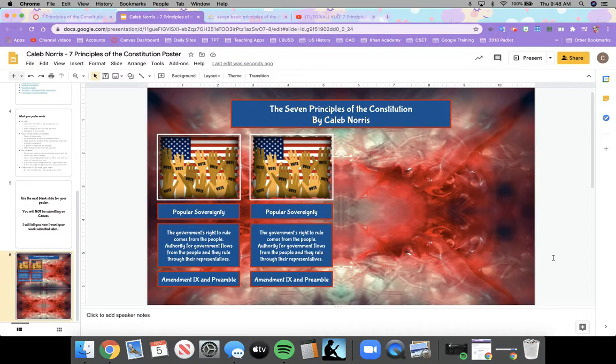So I'm going to show you the next steps to completing the activity for the 7 Principles of the Constitution poster project. So as you can see, I have started my poster. A few of those things that I talked about in the directions here, you can see reflected in my project here. Now I have it viewed at